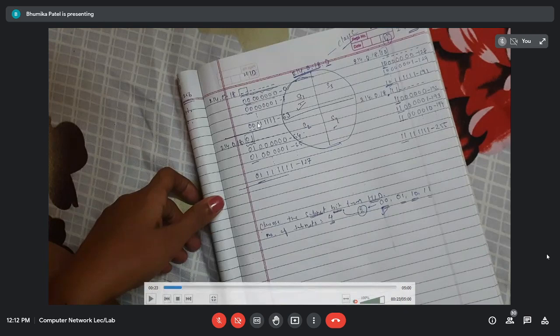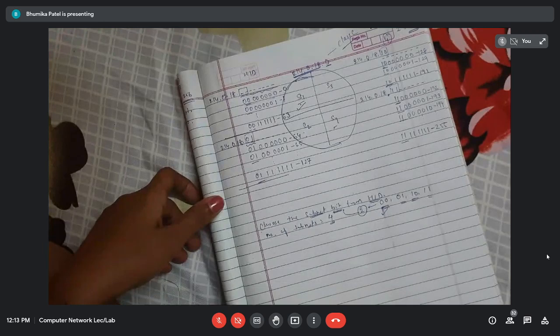But this is the actual, or you can say logical, way of identifying the range of the subnets. And you have to remember that for subnets, you have to choose the subnet bits only from the host ID. We cannot touch the bits of the network ID because the network ID represents the entire network. So we cannot change the network ID portion. We can take bits only from the host ID, and you have to consider the starting bits for the subnet bits.